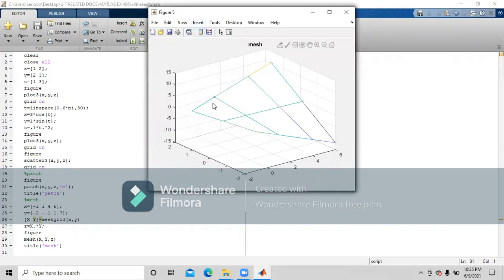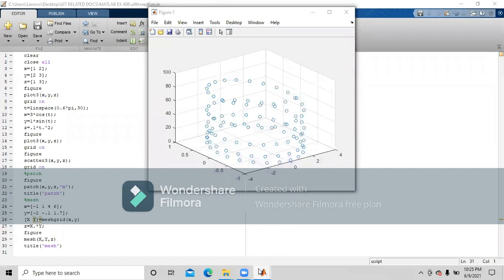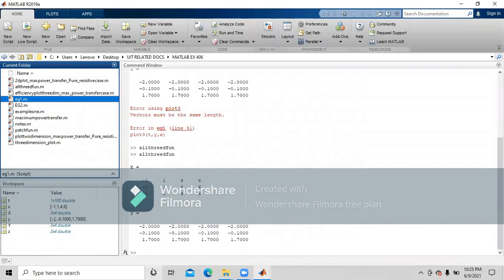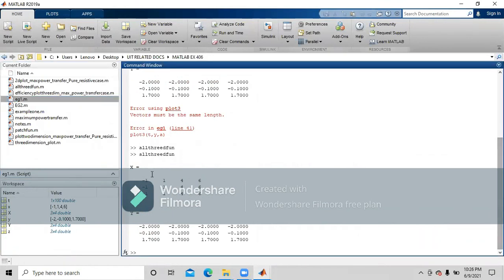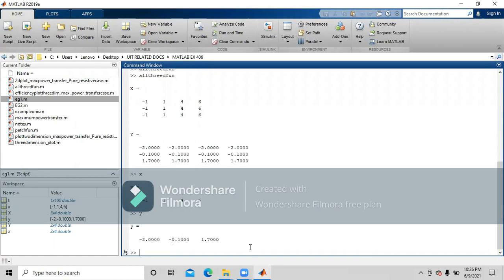So this is the result that we will get for the mesh command. So in the command window, as we can see, the capital X values are these and the capital Y values are these. The small x values are these values and the small y values are these values.